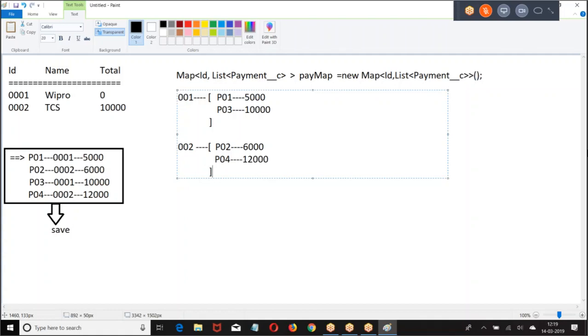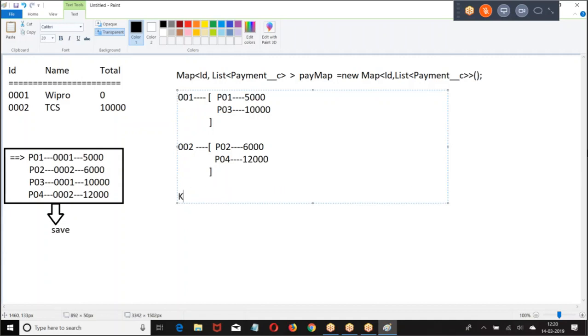This is the logic we have written. We explained this logic, right? If the ID is already there, then get the values, add the new value to the list and put it back to the map. So finally the mapping is done. First logic I explained, like this we got it.